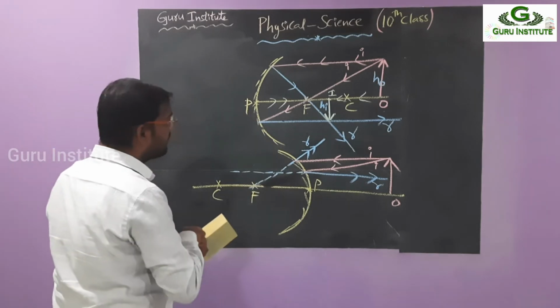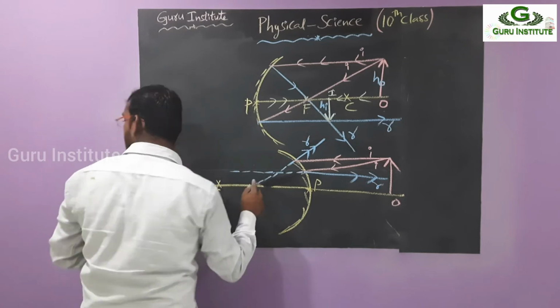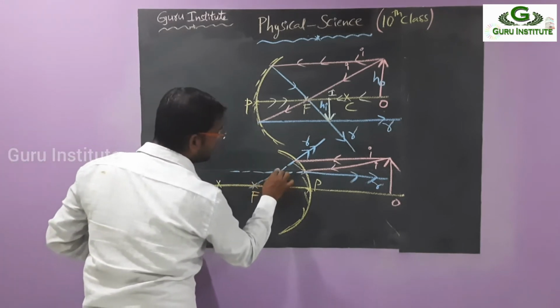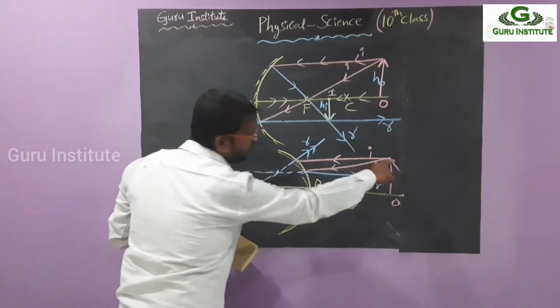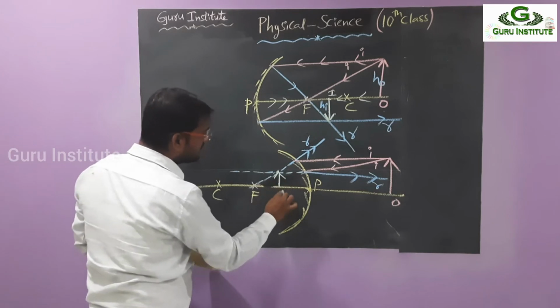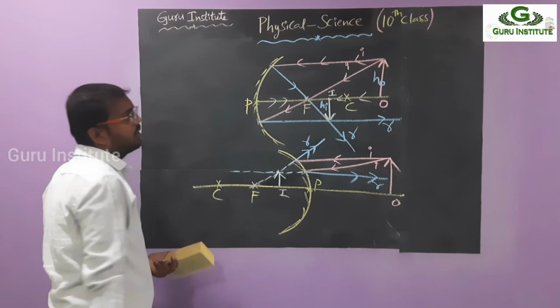So it is meeting here, which means the meeting takes place here. So automatically we have to draw the image here. Which image? The top is projected here, so here the top is there and here the bottom is there. So this is called the image. Then observe this one.